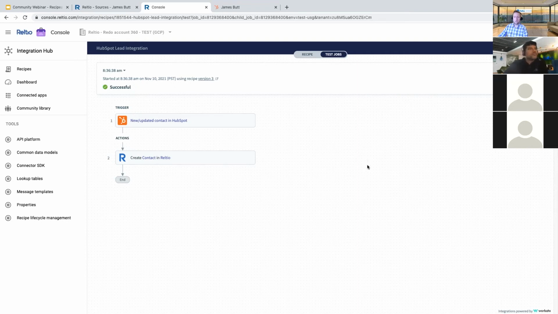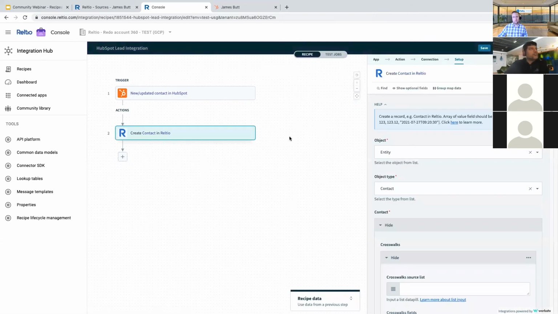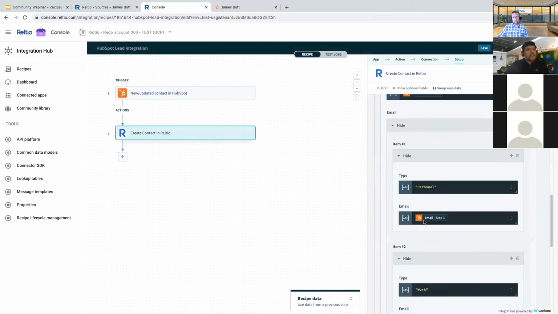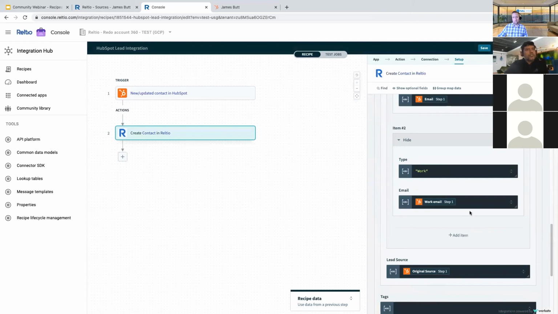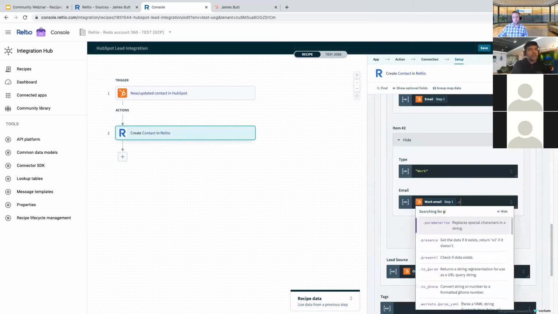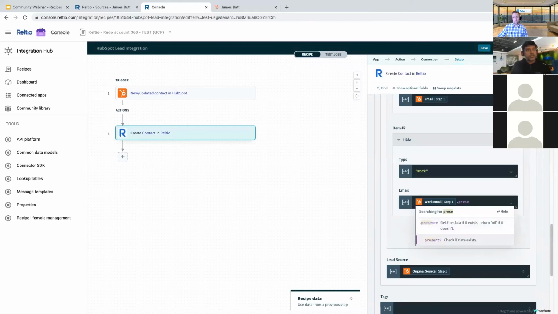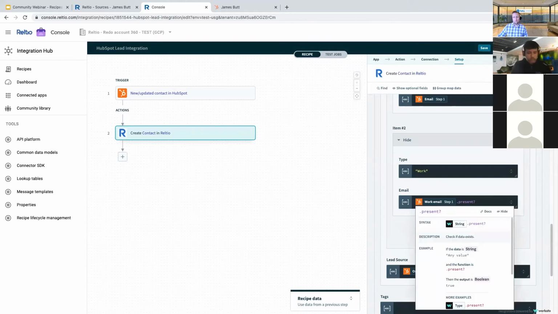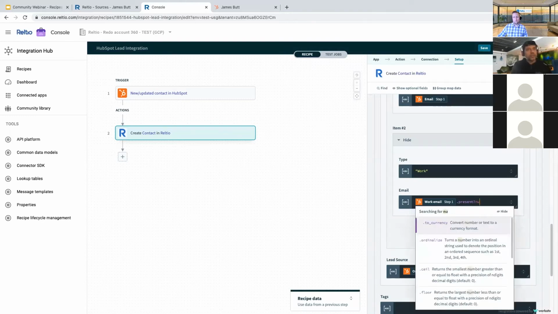Okay. And then, how can we ensure that if the email ID is blank, then the type should not be added as an orphan? Okay, yeah, that is within the recipe configuration. So here, what you could do is use dot present, and then you do